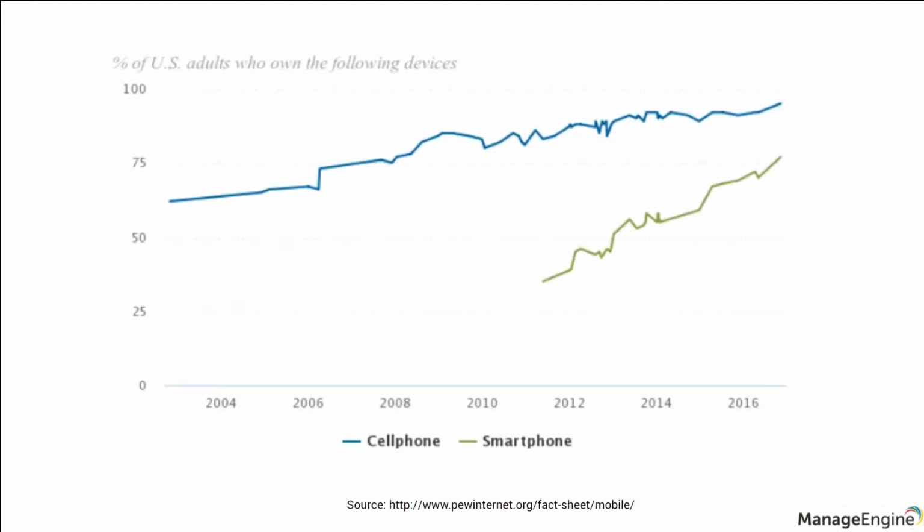As per this Pew Research Center survey here, the vast majority of Americans, about 95%, now own a cell phone of some kind. The share of Americans that own smartphones is now 77%, up from just 35% in 2011, when the survey was first conducted. Assuming the trend continues a few years down the line, the researchers expect 95% of the population to have not only a cell phone, but a smartphone. The statistics show that your employees are already mobile. The question is, are you ready?